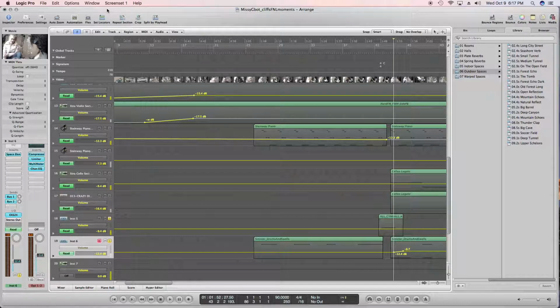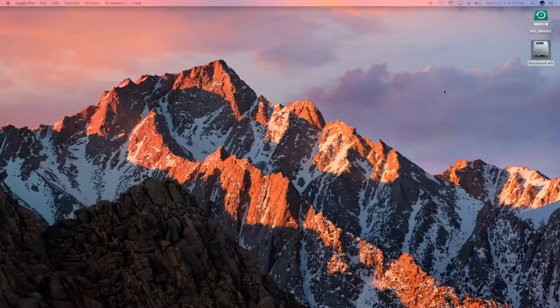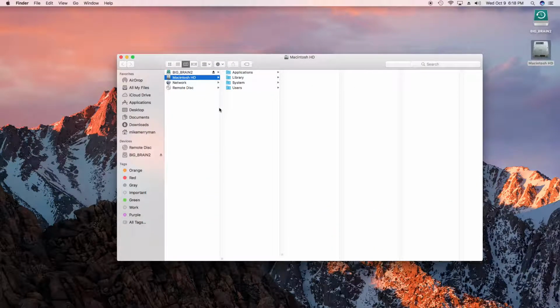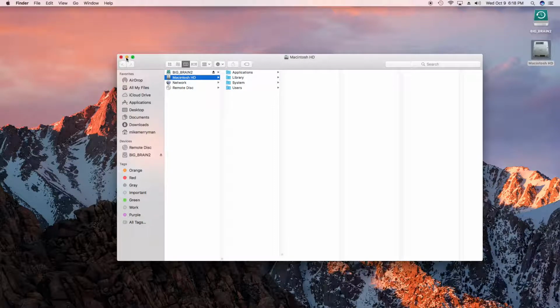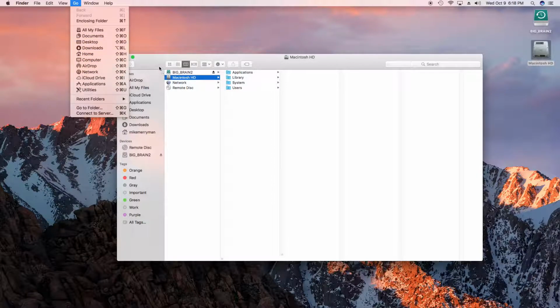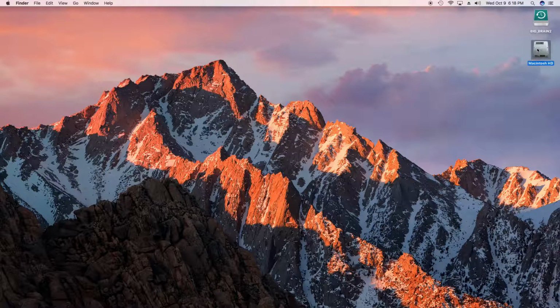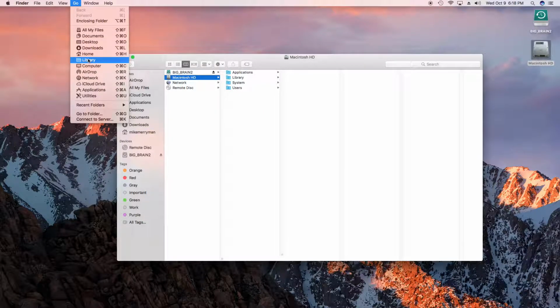I'll move this off the screen here. In order to do that, go to your Mac hard drive right here. Press and hold the Alt or Option key when you're doing this, okay? You'll see this pop up. Now go up into the menu bar and click on Go. While you're holding the Option key, you'll see Library. If you don't do that, I'll close it out again and click on there and hit Go. You won't see the Library key. So go ahead and hit the Option key, and now you'll see Library. Click on that,